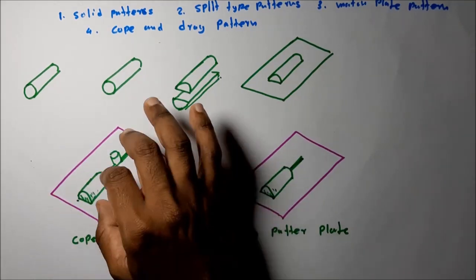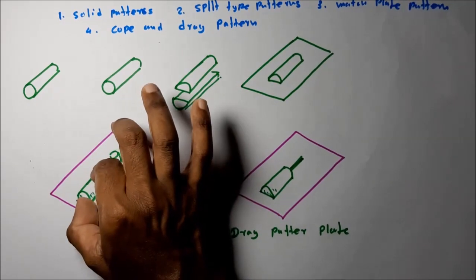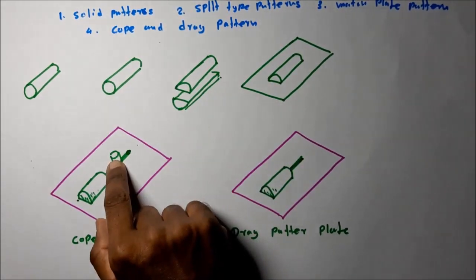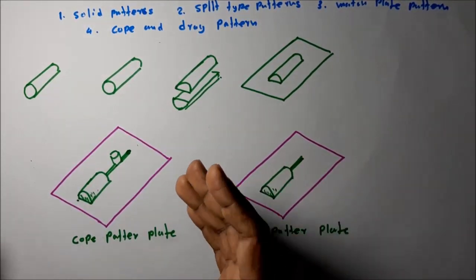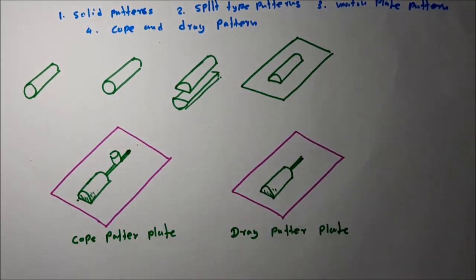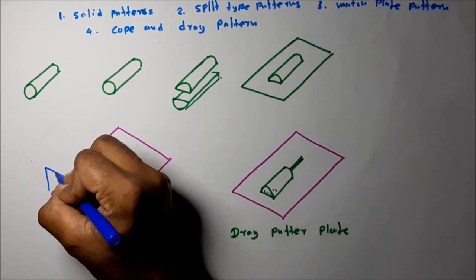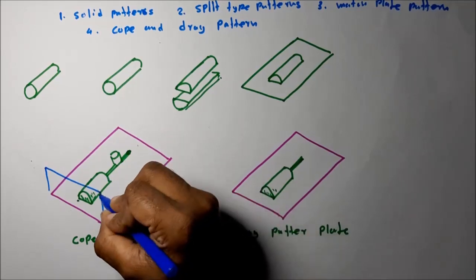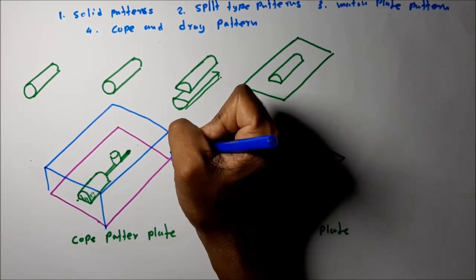This is the wooden plate. Other patterns are attached to this wooden plate: the product cavity, runner system and riser. Everything is included. We just put the steel flask on top of this pattern plate. Then by compacting the sand mixture, that means by placing the flask, actually a steel box like,